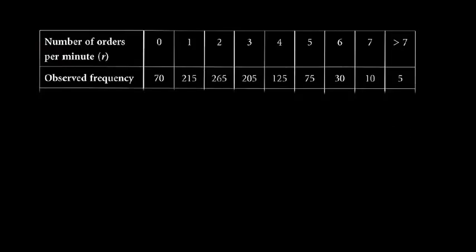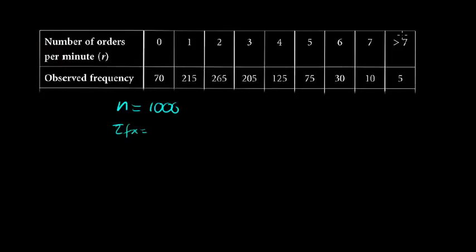Now, they then said how many orders they have per minute. And so they observed 70 minutes where there were no orders, 215 minutes where there was 1 order, 265 where there were 2, 205 where there were 3, and so on and so forth. And having got all of this, they then had a look at the stats behind it. Now, the stats behind it came out as n being 1000, sigma fx being,